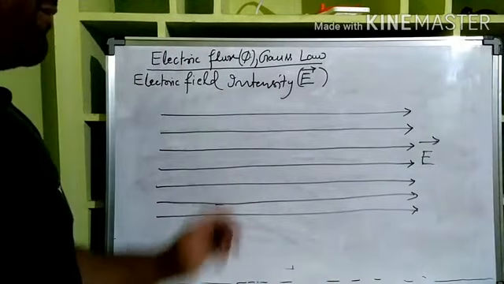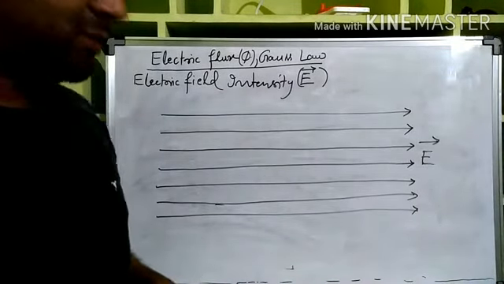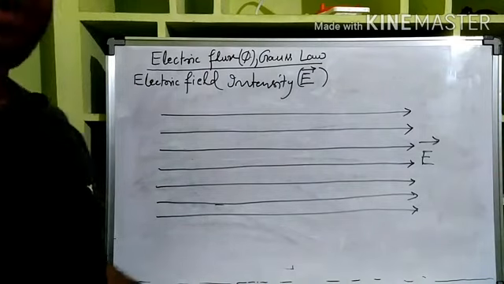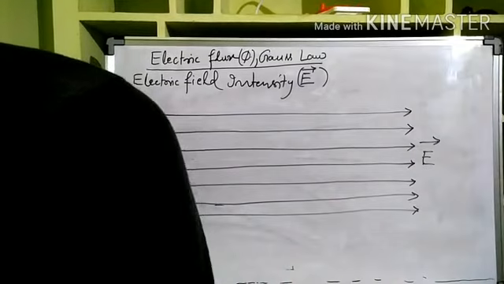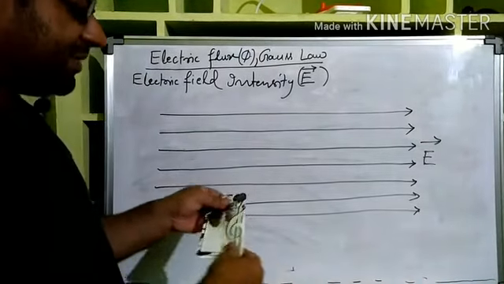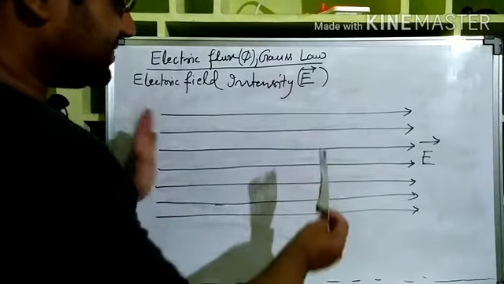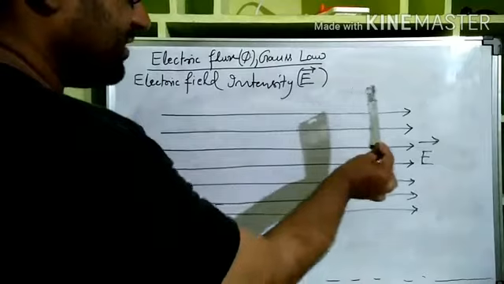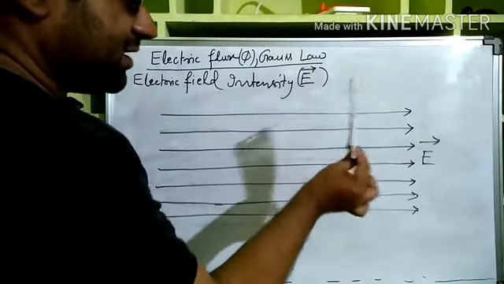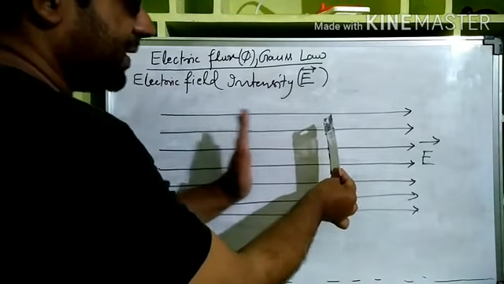So there are electric field lines. Now if I am taking a particular plate, let me show you. Let us say I am taking some plate. Now see, these lines are passing in 3D. You imagine these lines are passing like this. Now if the plane of this area is perpendicular to this,